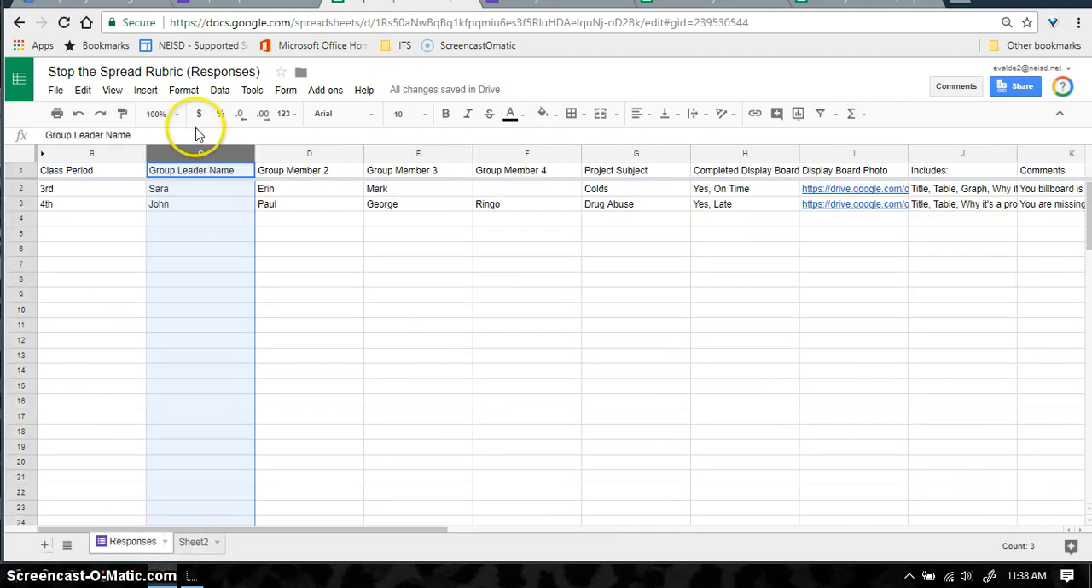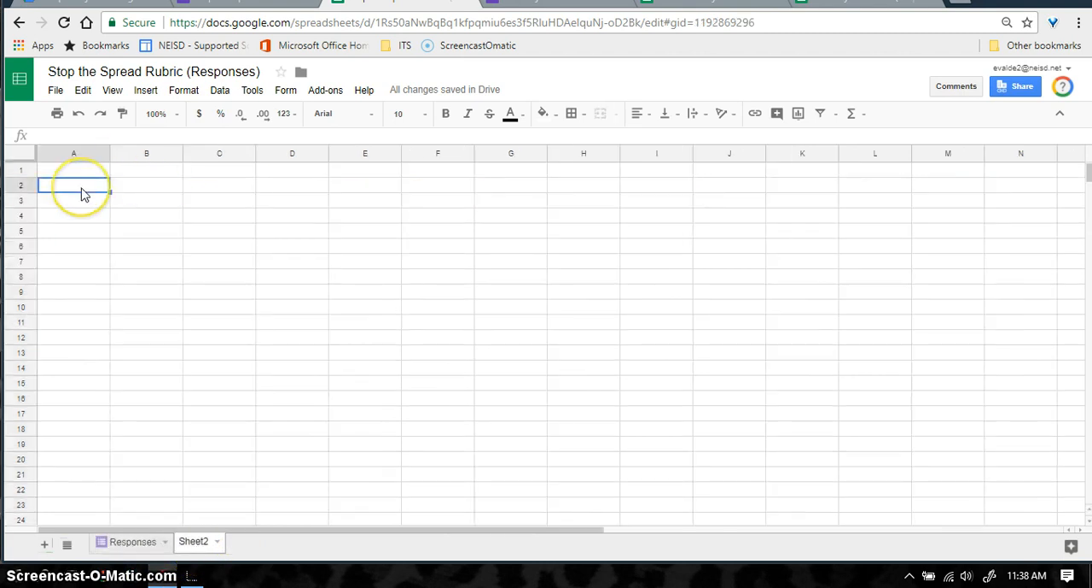So right here in Responses, I'm going to be using this top row here, and I'm going to be looking at this column C for my group leader names. So in Sheet 2, I'm going to begin right here in A2 with a formula that is going to transpose my questions so that they go down the side instead of across the top. So our formula is equals transpose,